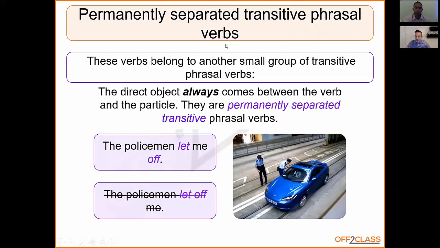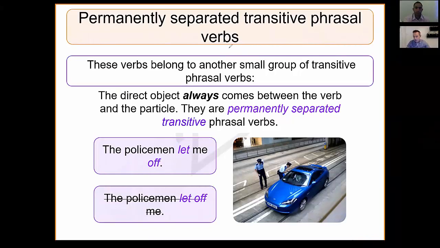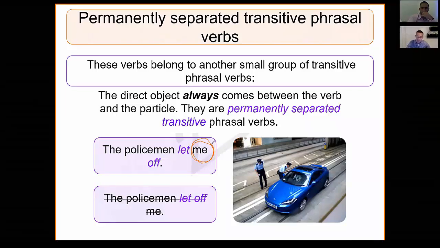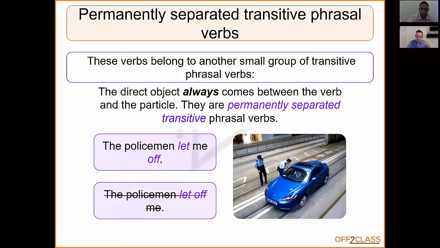The idea of to let somebody or something off the hook is another expression we use. You can see that the object pronoun here must always come between. This verb is permanently separated by its direct object. And obviously down here, I've got an example that would be incorrect. So let off is a great one. There are about 8 or 9, I believe, that are used in common speech. They have to be memorized, unfortunately, this group here, but it is a smaller group. All right, so permanently separated.